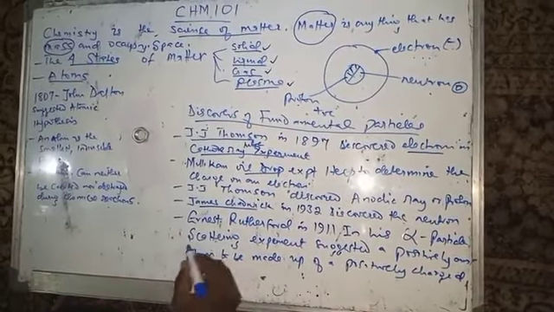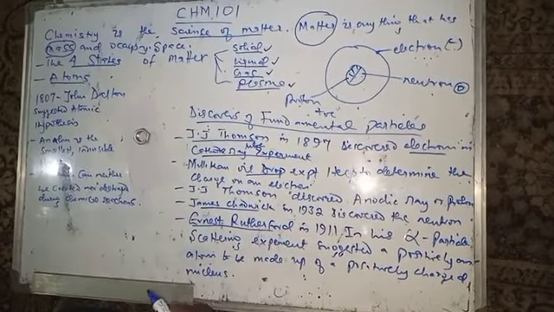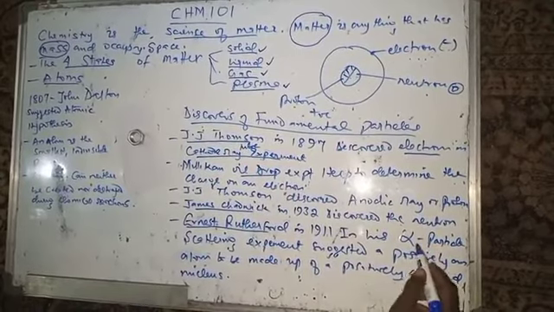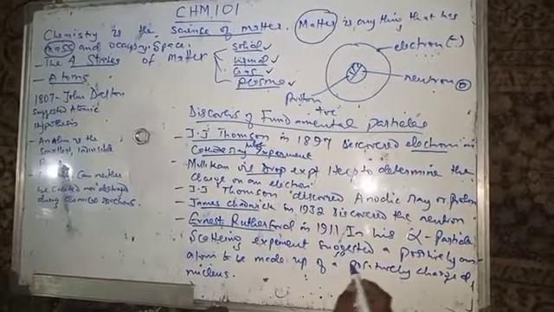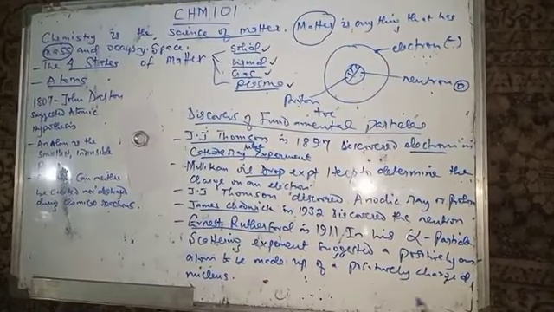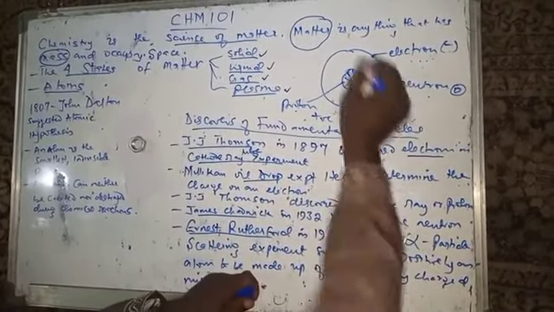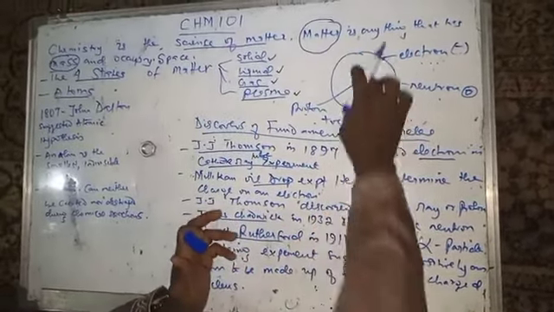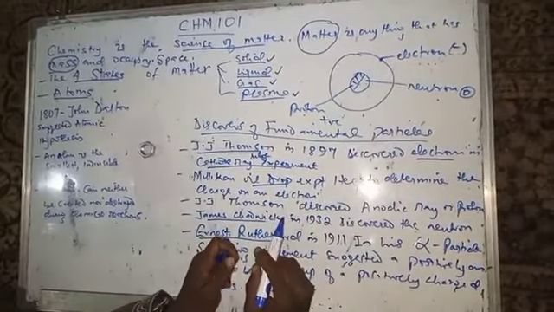But then there is another scientist, Ernest Rutherford. In 1911, he performed what is known as the alpha particle scattering experiment. Here he was able to suggest that a positively charged particle is situated in the center of an atom, and the weight of an atom is centrally positioned. That is all rested at the nucleus.